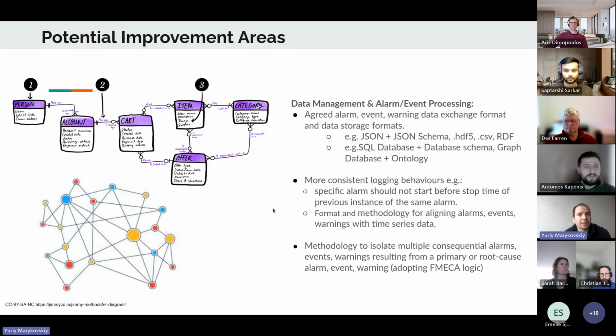So the second potential improvement area, and it's tightly related to the previous topic, but it comes a bit later on and is a bit more difficult to tackle, is data management and processing. So here the topics include that there is no agreed exchange format. For example, people may be familiar with JSON exchange and JSON schema for validation, HDF5, just plain comma separated values. Some people might know the semantic web technologies, RDF systems, but currently there is not a single unique way to exchange this data. Most common is, yes, Excel tables, so maybe CSV would be the most common format,